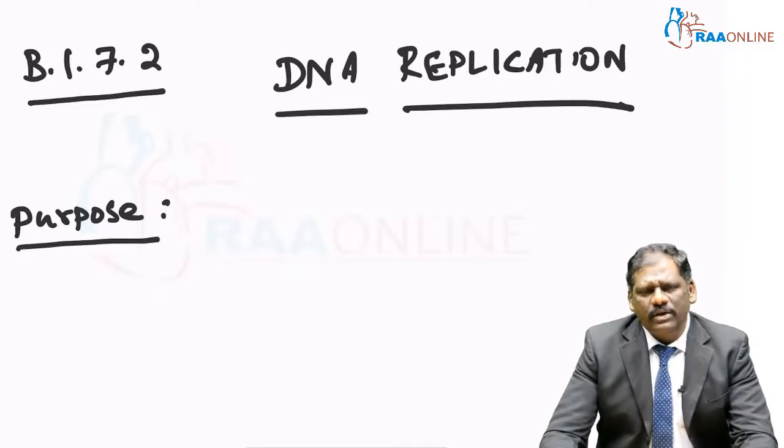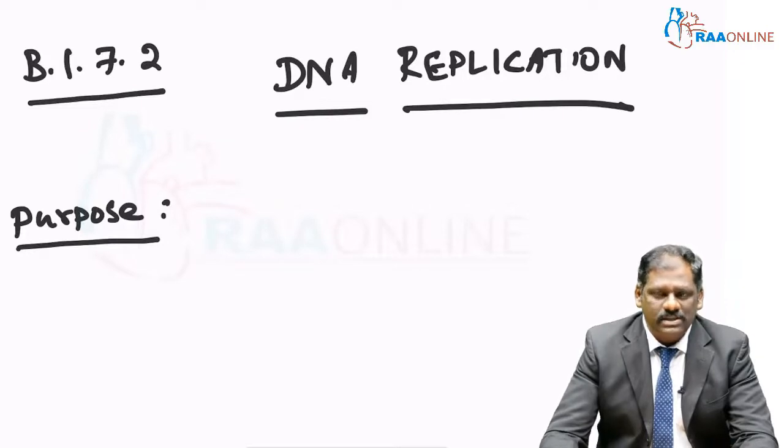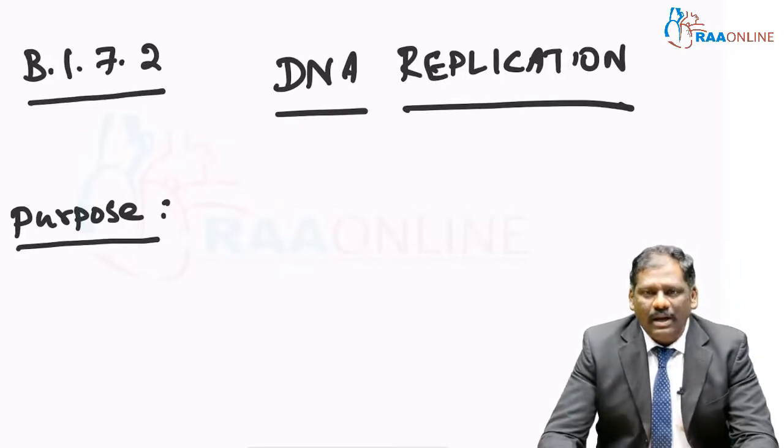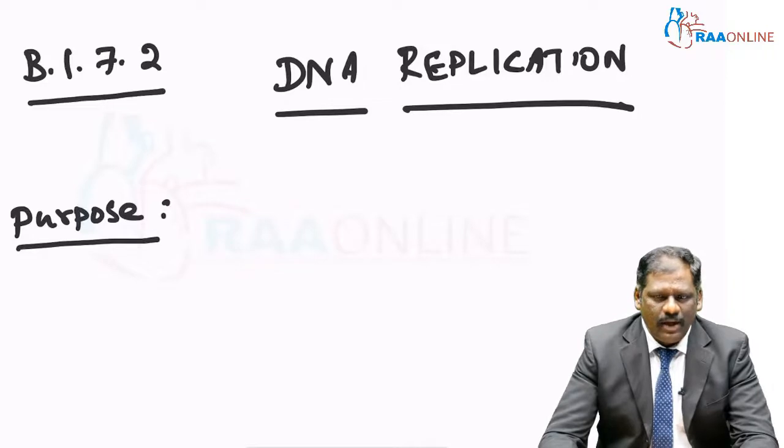Why do you want to replicate your DNA? Why do you want to make two daughter copies of the same parent strand? Because once the DNA replicates, only then can the entire cell replicate, and cell replication is extremely important. Cells can multiply, and cell multiplication is extremely important for our growth and all other physiological functions. So DNA replication gains a very important significance in this context, and this process is a